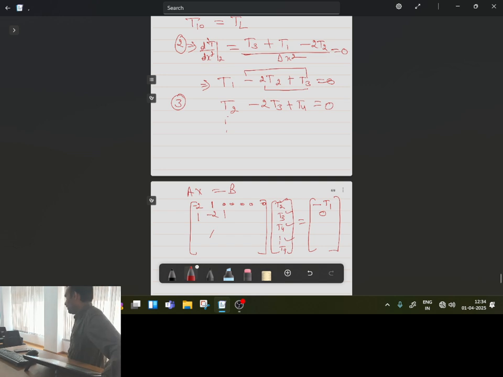Is this one clear? So this is a simple representation of an example for which even you know the analytical solution, but I have shown you how this can be solved in a numerical manner. The only simplification was that we were interested in the steady state solution, so in a single step we were getting the entire solution. However, if I have to